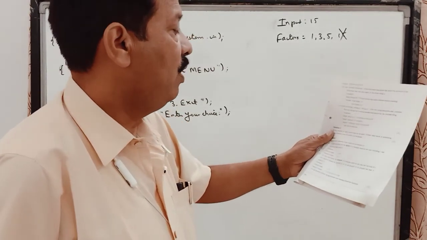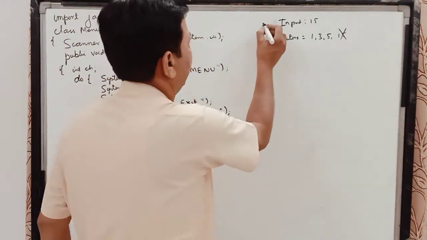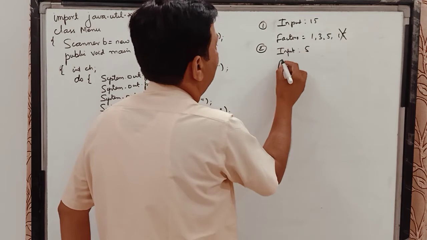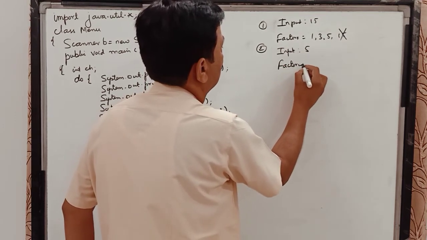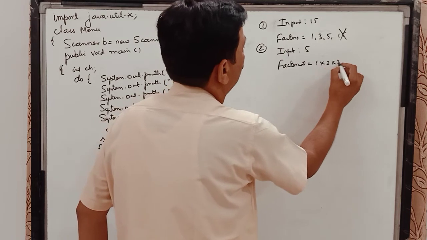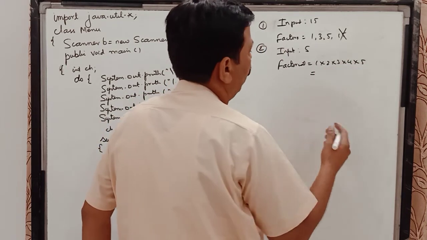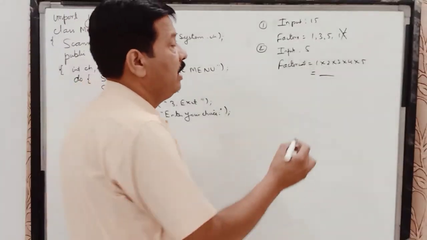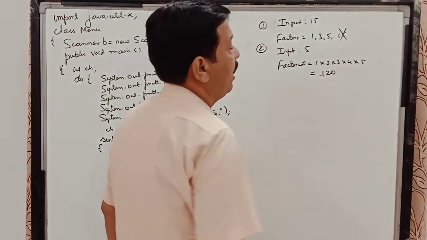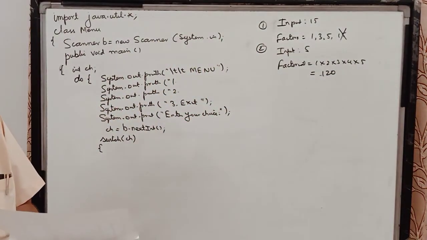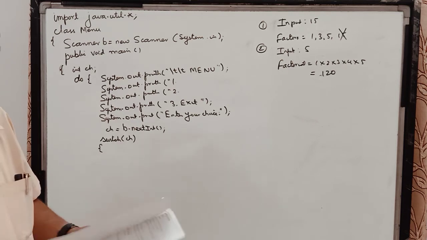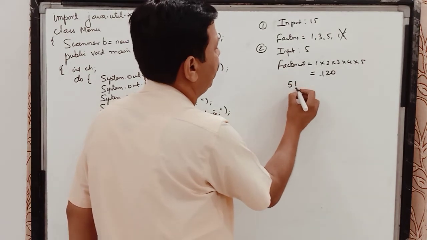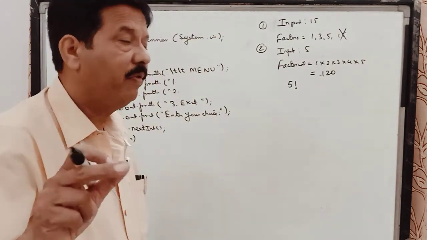And the next is to find and display the factorial of a number. So this is first option. And in second option, children, if I input 5, then factorial is 1 into 2 into 3 into 4 into 5. So whatever the answer is, that should be displayed over here as the factorial, and I think 1 into 2 into 3 into 4 into 5 becomes 20. And if you have anything other than this, then you have to give an error message. And children, this factorial can also be denoted by, say, 5 exclamation mark. This we have done in the series.